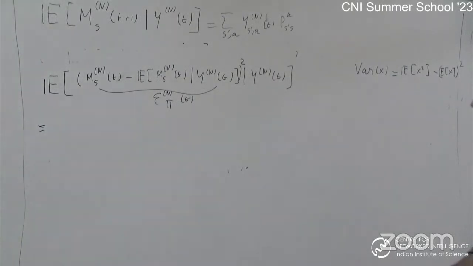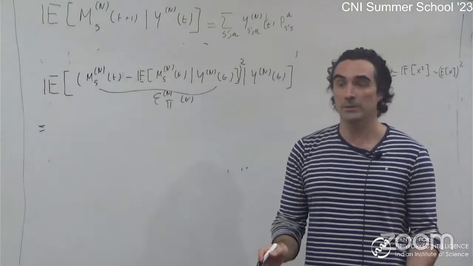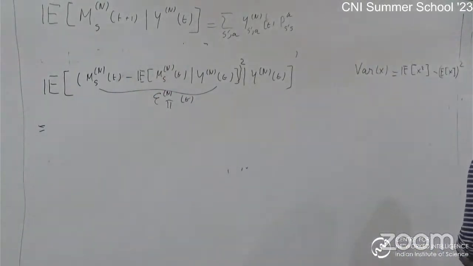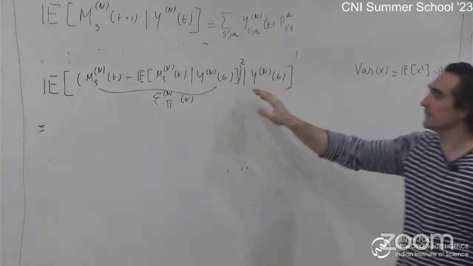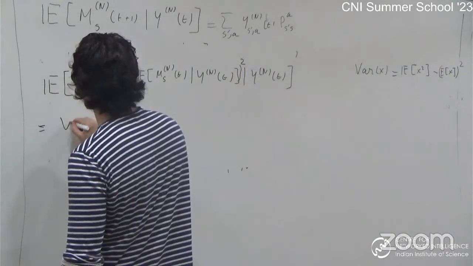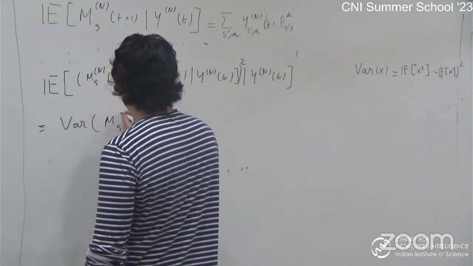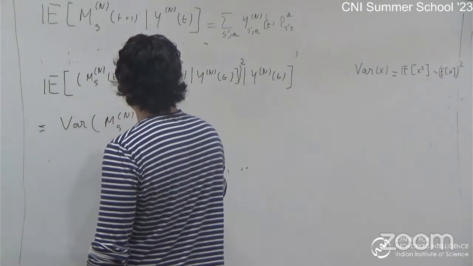It is just a random variable subtracted by its mean. So the expectation is 0. What does it mean? It means that basically this term is simply equal to the variance of the empirical estimate knowing y and